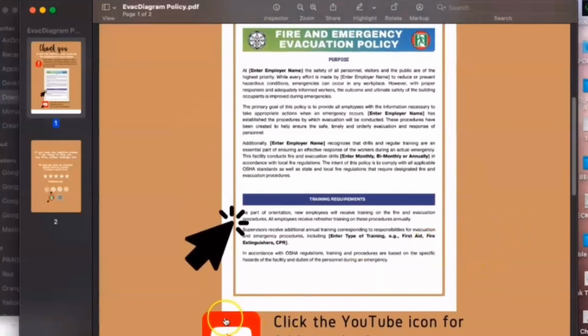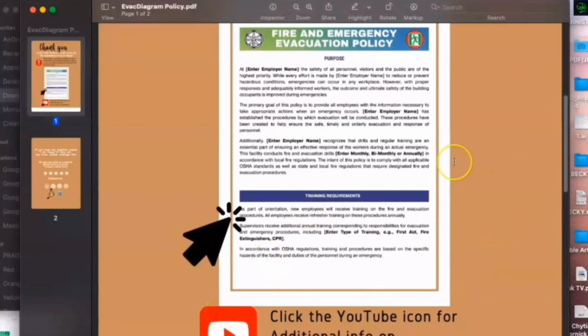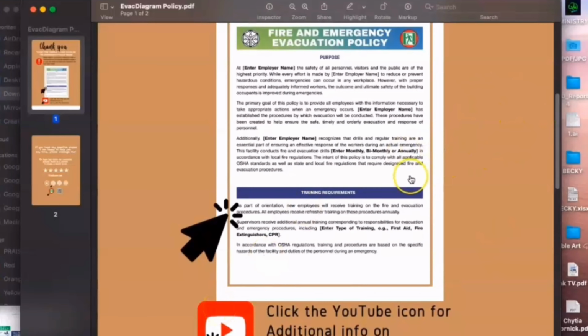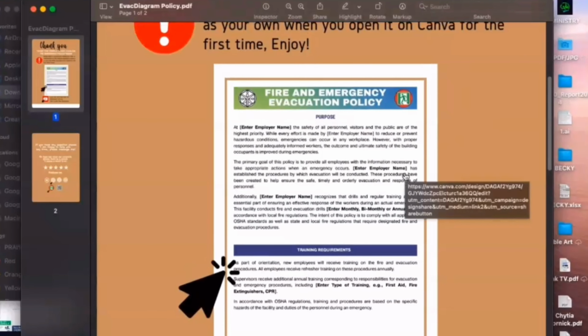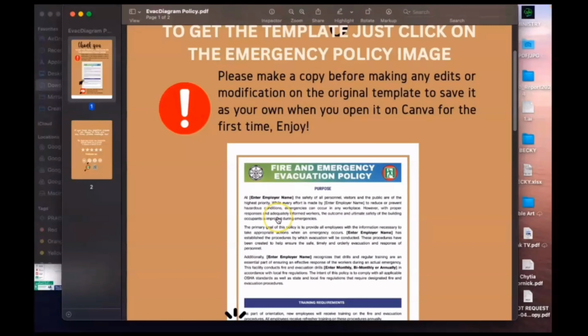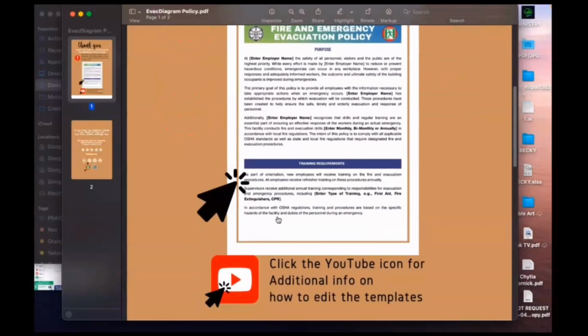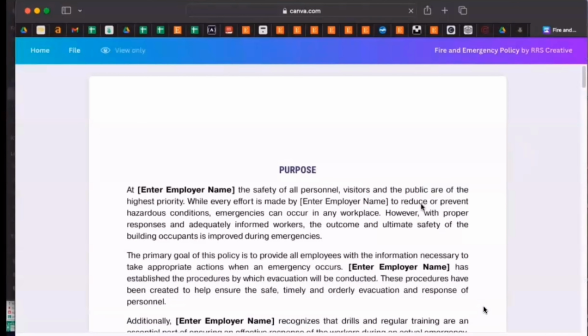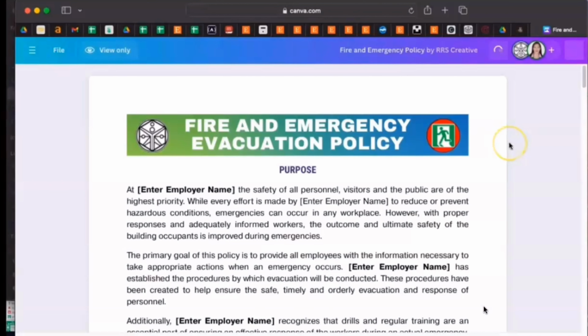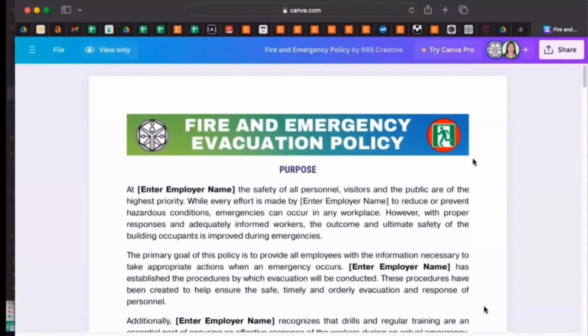When you click that, it will take you to the YouTube to watch this video on how to edit this diagram. So what I'm going to do is, I'm going to click this. So here is the editable Canva templates. So just like the information we just have read,